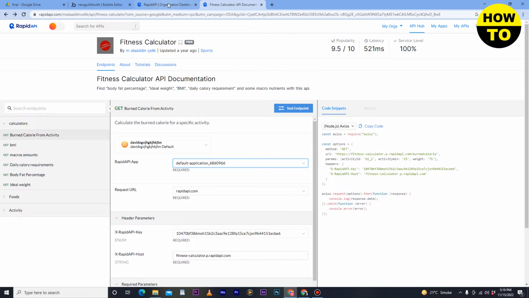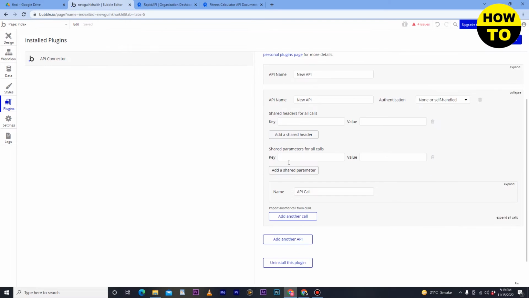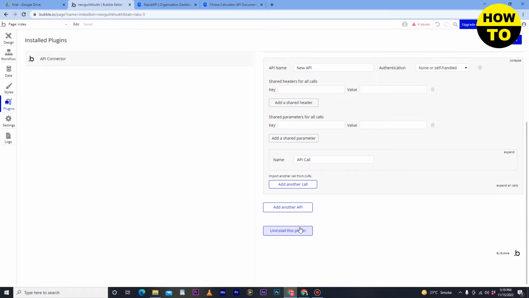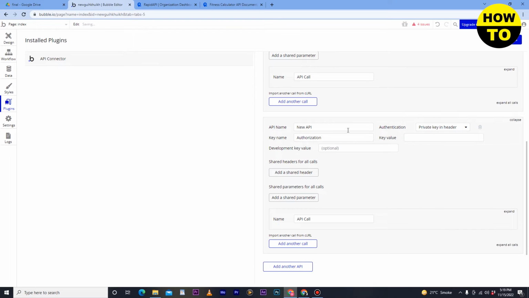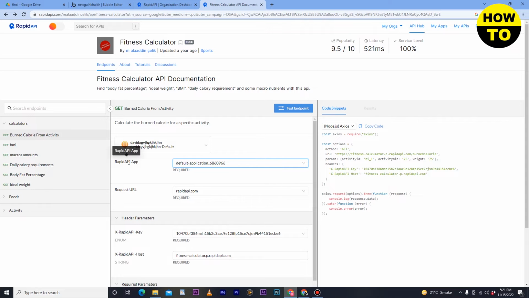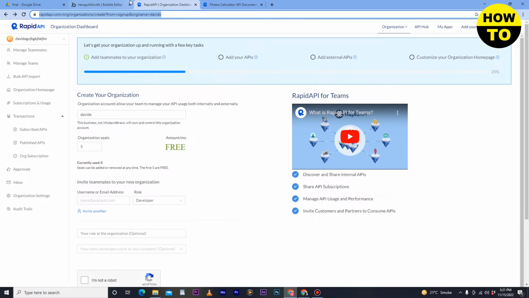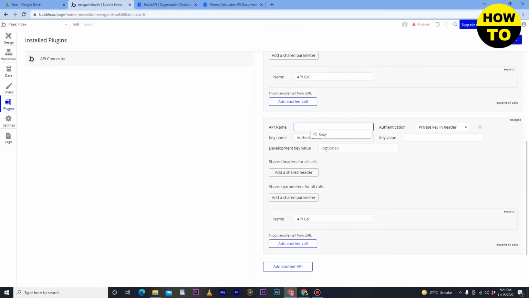Now we will go back to this, and here we will click on add another API. Simply type the new API name here, and after that non or self handle. Here you can select the option private key in header. Just again go and type the name here, or you can also use a custom name. Simply type the name here, Rapid API key,